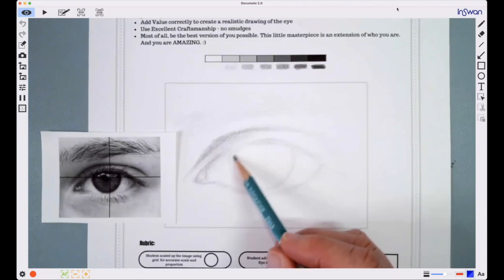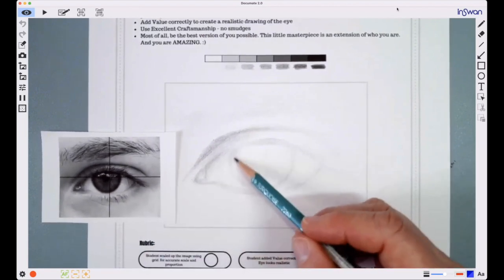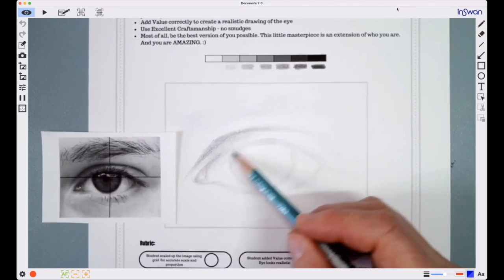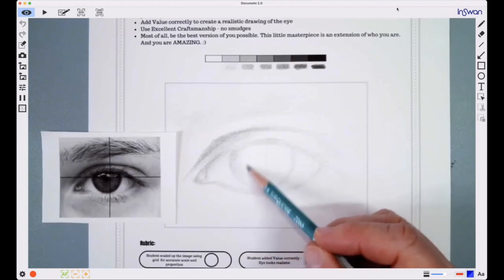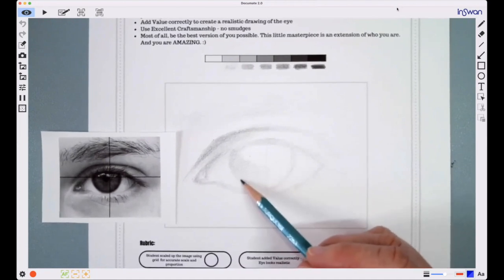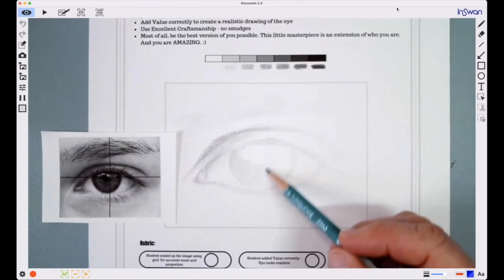So I'm just adding my value and I'm examining my reference photo. You're reading the reference photo for crisp edges and soft edges. This eye is floating around in liquid. Therefore, there will be soft edges between the iris, the white of the eye. I'm using little tiny circles to lay in my value. I don't really like them to do the harsh hatching because it's hard to come back from it if they get heavy-handed. If they're using little circles like this in the beginning, then they can float the value